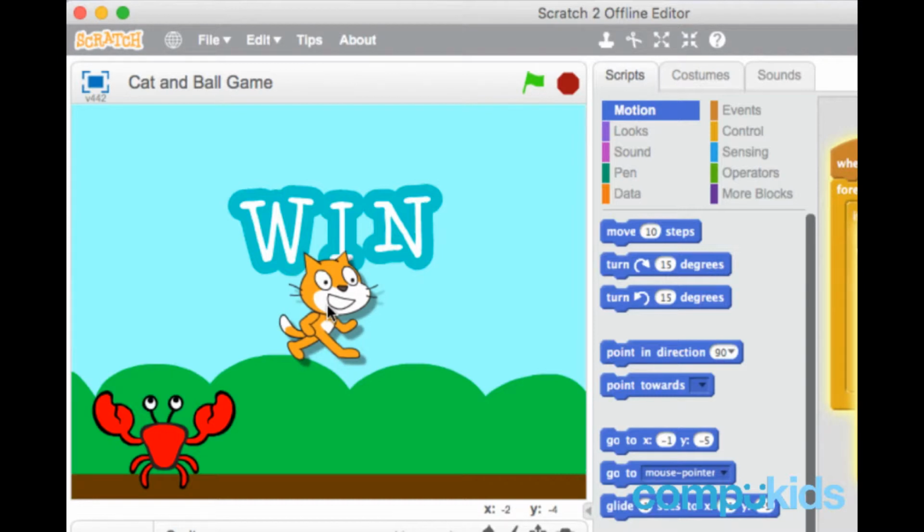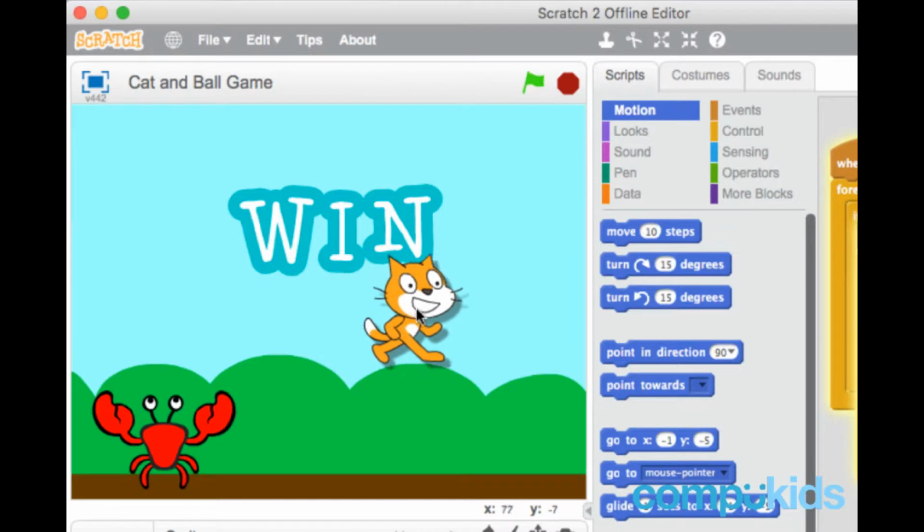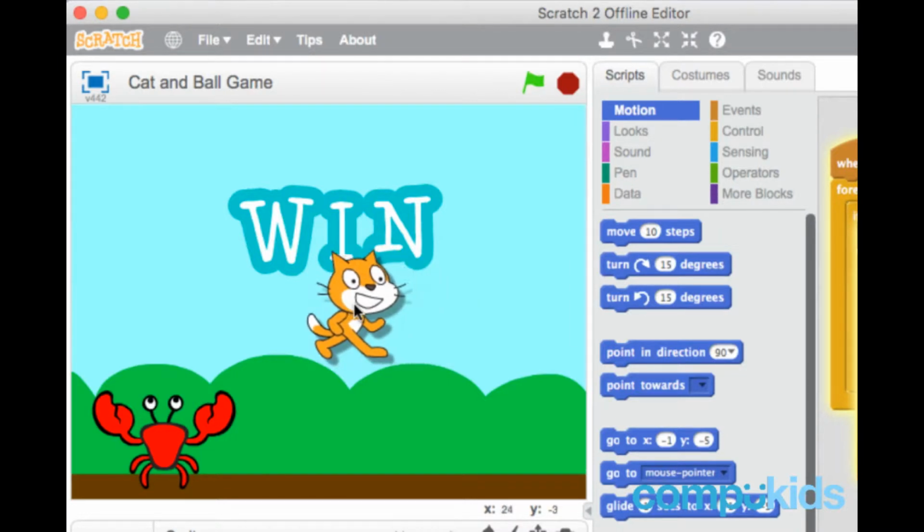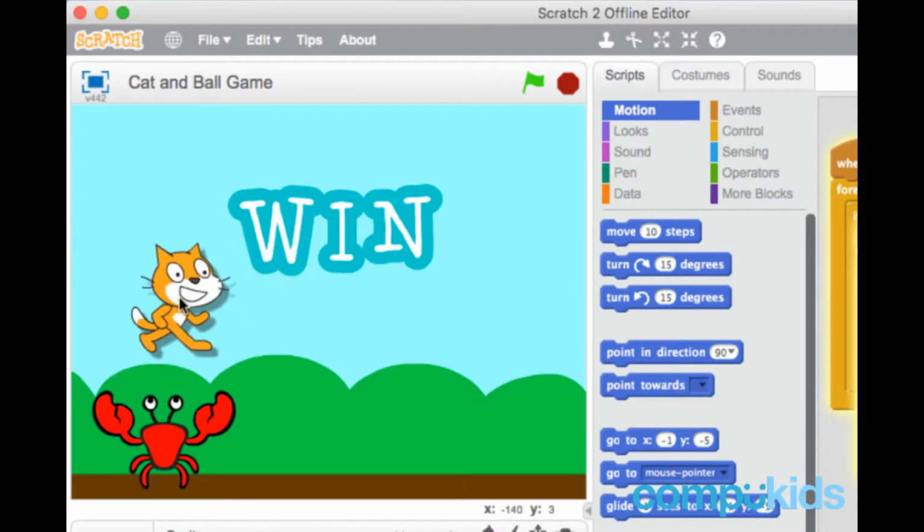That's where our cat is right now. And as you move to the right, the X changes and it becomes bigger numbers. And as you move to the left, the X changes and becomes smaller numbers till it passes 0 and it goes into the minus. So you start at 0, going to the left, it's -1, -2, -3, all the way down to